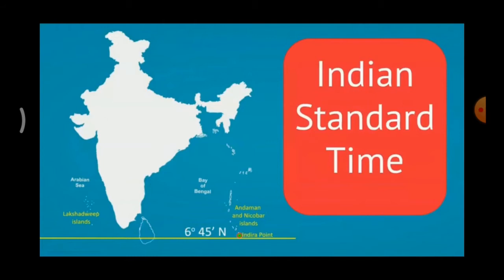The longitudinal difference between Gujarat in the west and Arunachal Pradesh in the east is about 30 degrees. So, what is the time difference between Gujarat and Arunachal Pradesh? Since Arunachal Pradesh is towards the east, it will have sunrise about 2 hours earlier. Arunachal Pradesh is located in the east side, so the sunrise will arrive 2 hours before.